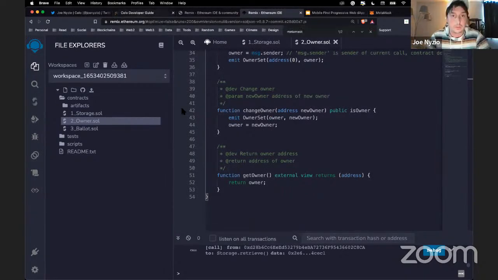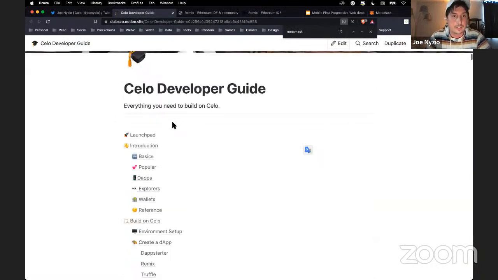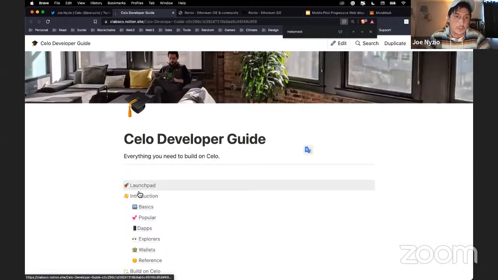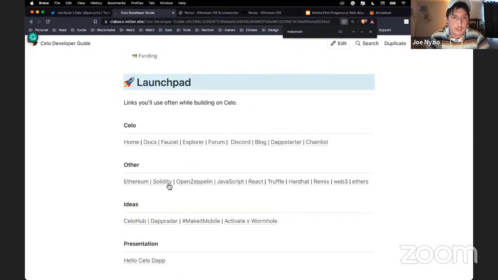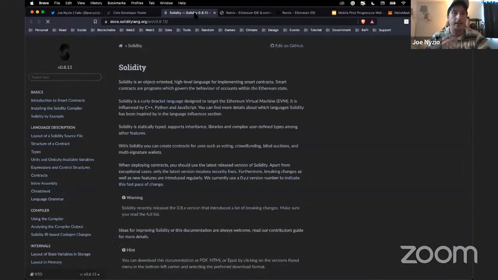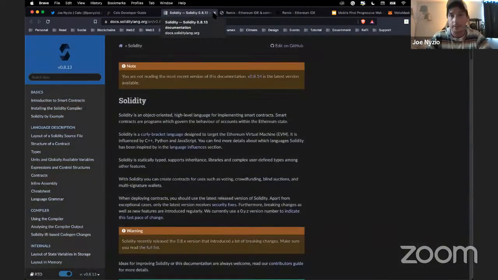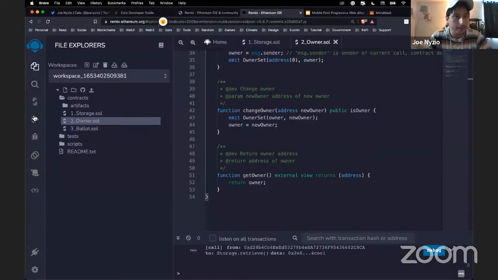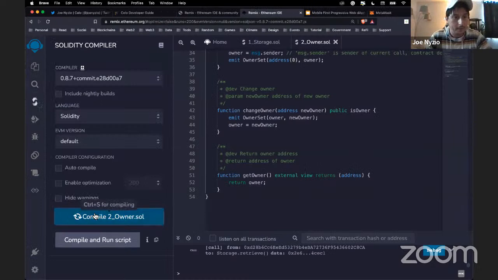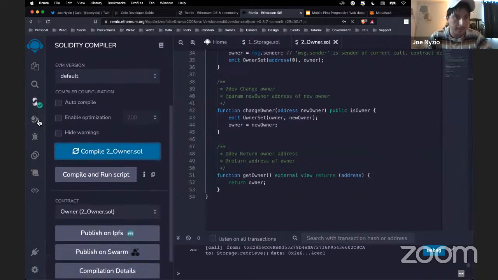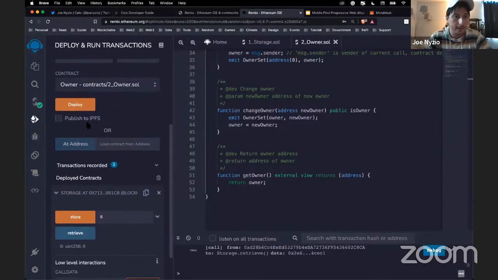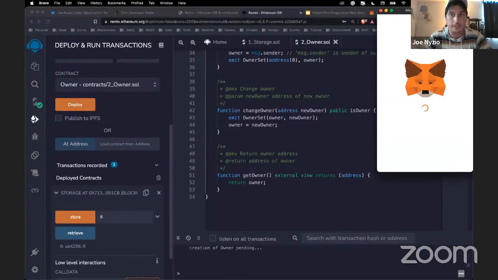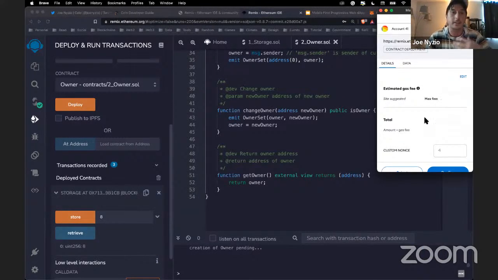So real quick, if you aren't that familiar with Solidity, you could go back to this Launchpad, check out the Solidity documentation and learn to write the contracts a little better or figure out what's going on. But once you're comfortable with the smart contract you have, you go back again, compile the smart contract. It's compiled, click one more down again, and go ahead and deploy the next smart contract. You'll verify it and see all the ways you can interact with it the same way you had before.